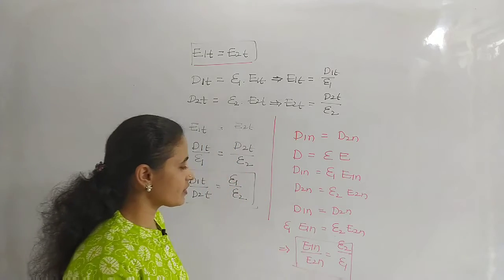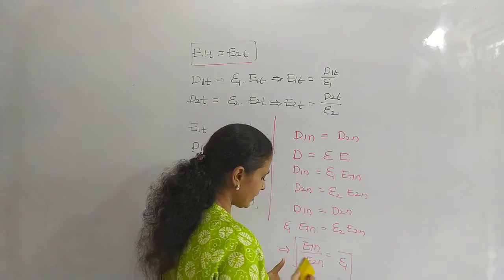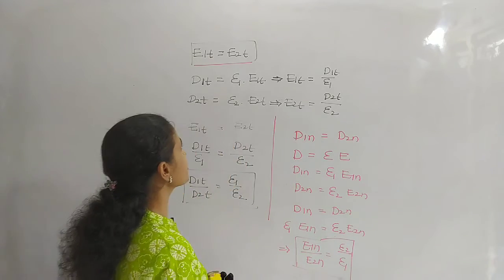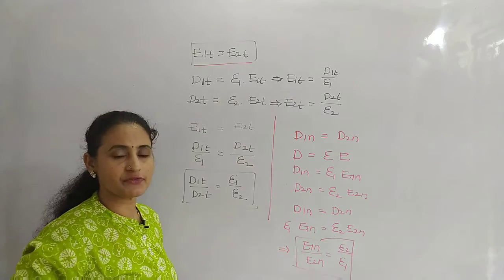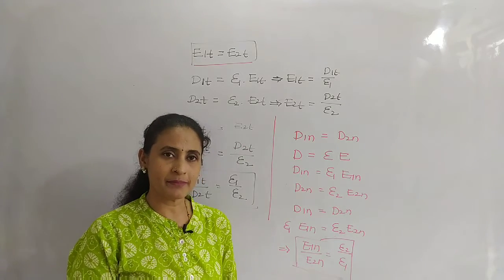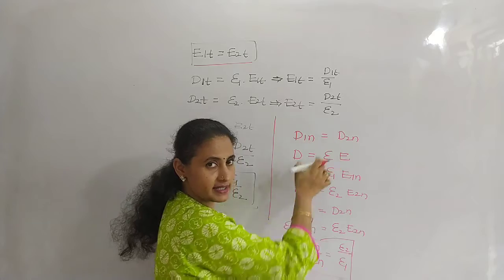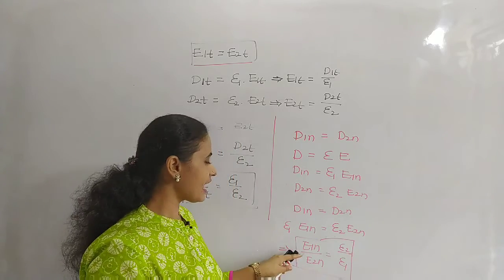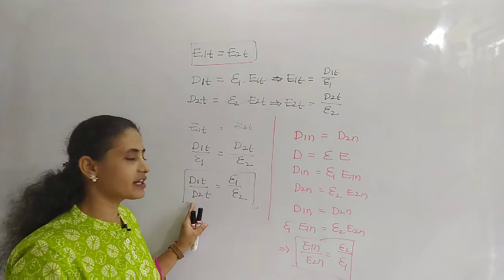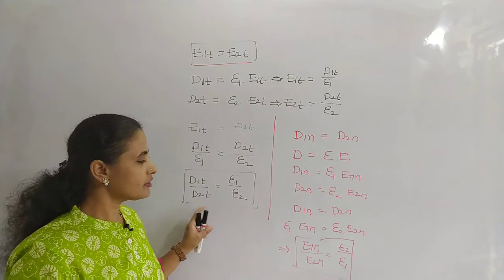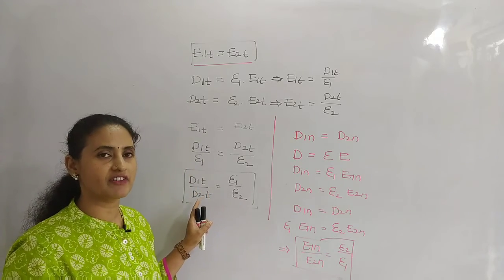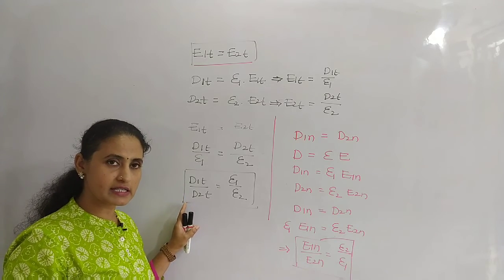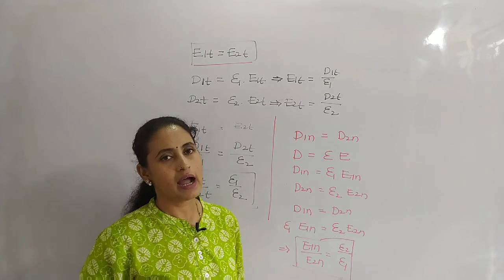Let us check all these formulas once. Only the tangential components will not undergo any changes. The tangential component of electric field will not change while moving from one medium to the other. In the same way, the normal component of electric flux density will also not change when it moves from one medium to the other. Only the normal component of electric field and the tangential component of flux density depend upon the permittivity of the mediums, so there will be a change in them when moving from one medium to the other.